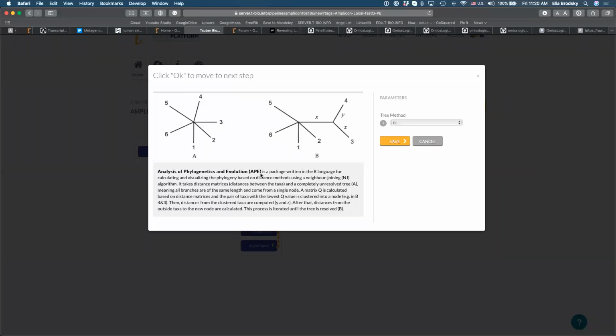What's related to what here? Yep, OTUs, exactly. These operational taxonomic units could be related either far apart by common ancestry or close together by common ancestry. So that's what we have here.